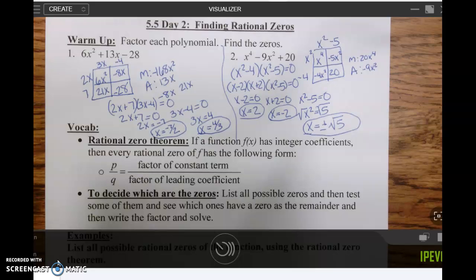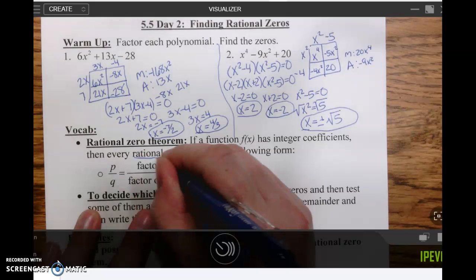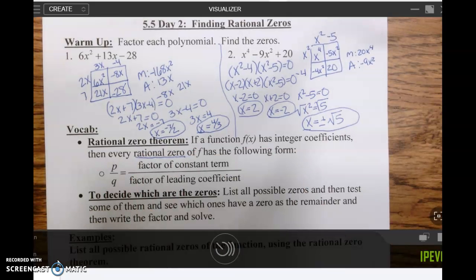The new thing for today is the rational zero theorem, which tells you that every rational zero, and remember a rational number is just an integer, so a positive or negative number over another integer, it's going to be in the following form, which is P, which is the factors of the constant term, over Q, which is the factors of the leading coefficient. And once you have that list of possible rational zeros, then you can test them using division, or you can look at a graph and see which ones make sense